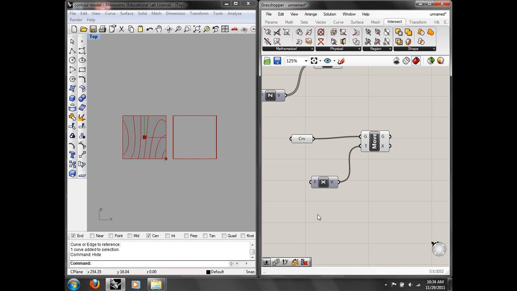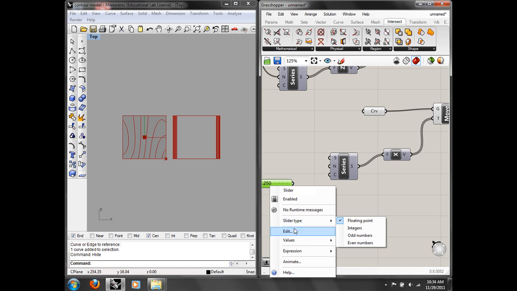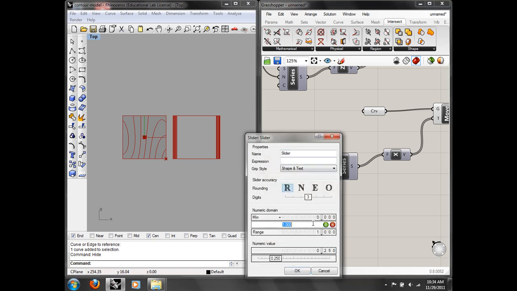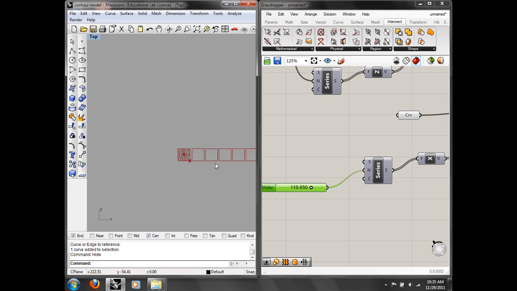Series. Okay, so I've got a group of these, and I can do this mathematically, but for time I'm just going to eyeball it. So I'm just going to make a hellaciously big slider. Okay, and again, what I've done is I've got a series of these things, and they all need to match up basically. So whatever,